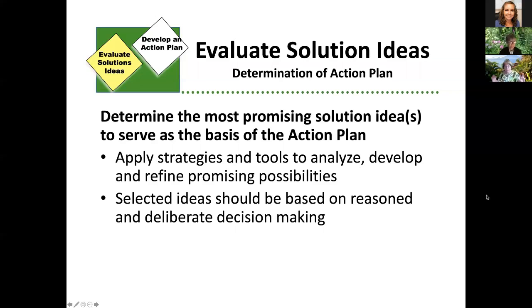Okay, so now you've got a bunch of solution ideas, and it's going to be important to do the second bullet point here, reasoned and deliberate decision making when you're deciding which of them to do. So in community problem solving, you'll also often be trying to implement multiple solutions, but you may have come up with more than you can handle, okay? Maybe they're not all great ideas. So it's important to